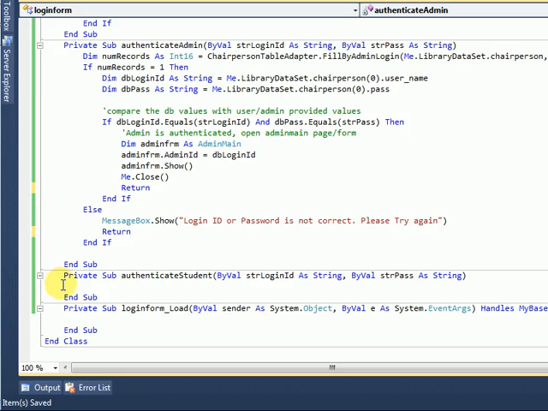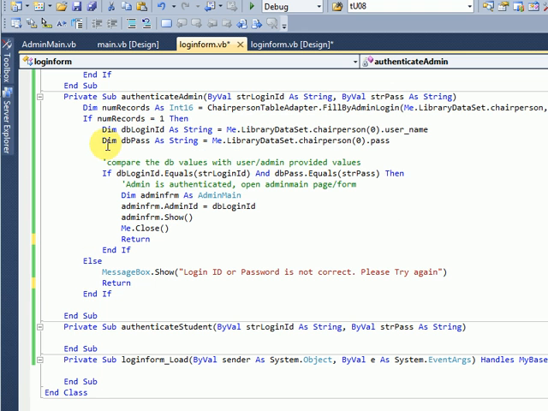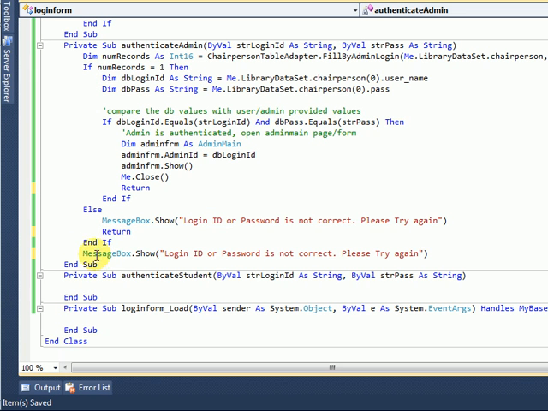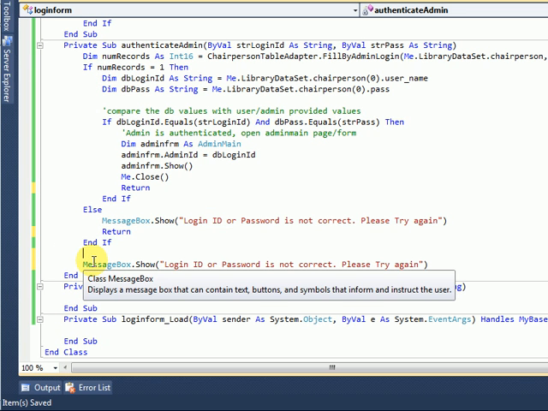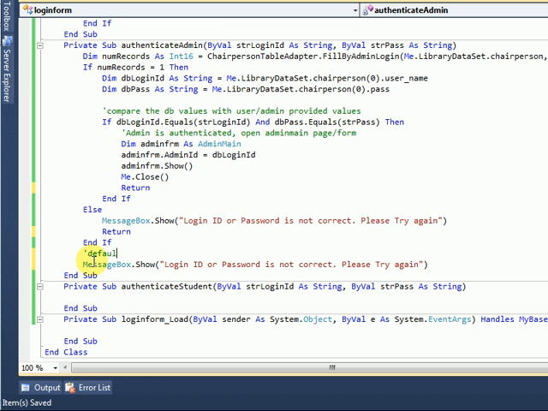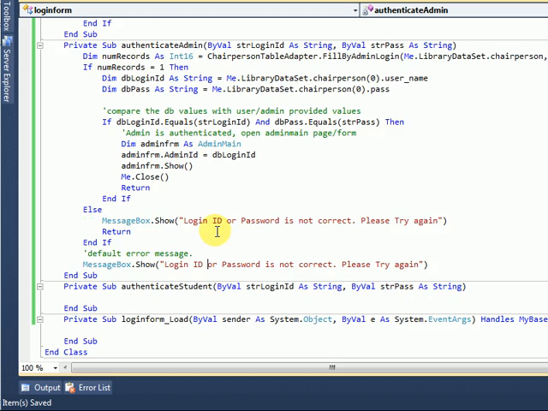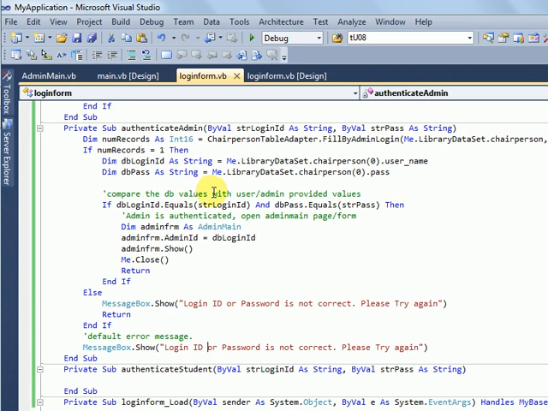So you can call return here as well. We also need to show that no record is found in the database for the top one. We also need to have a default error message that we didn't do. Default message, and the default message is the same as here. Okay, now